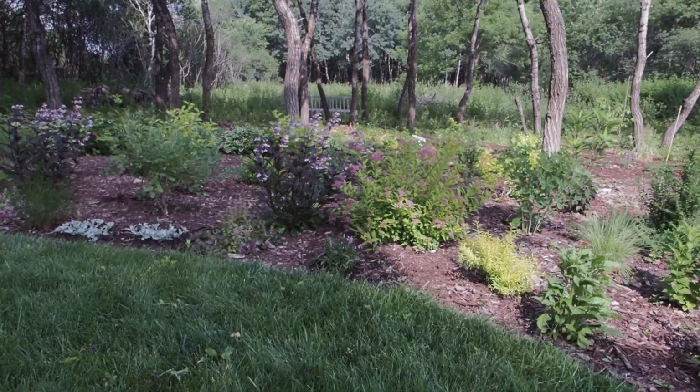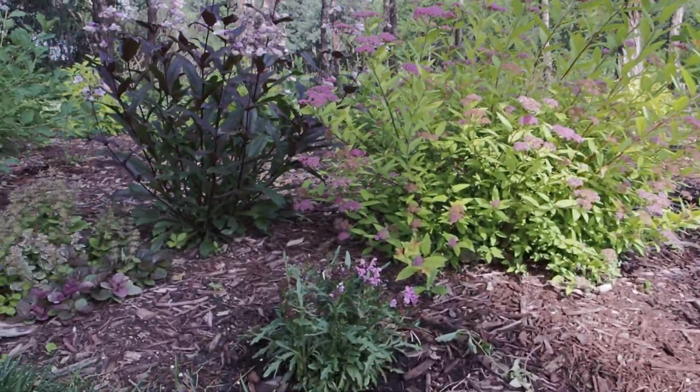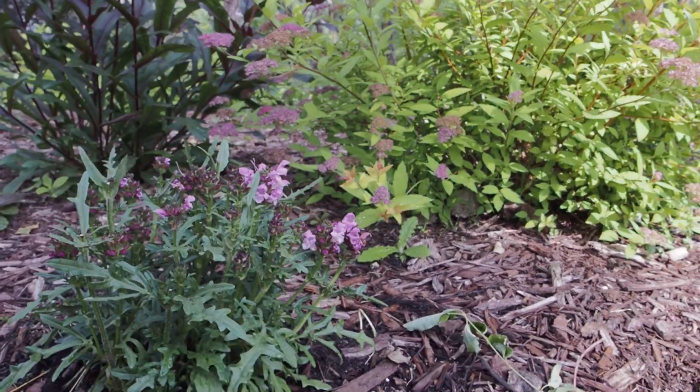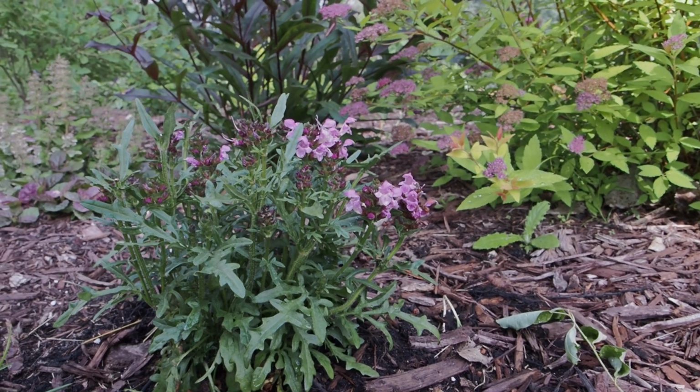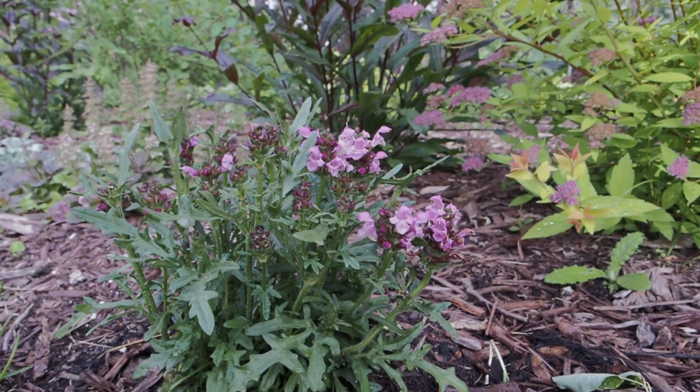So the first plant I'm going to be showing here is called a Prunella summer Daze. Has anyone ever planted this? This is the first time I've ever seen it in a garden center, and only one garden center had this. Now, this is what it looks like in full bloom. It had a little bit of transplant shock, so it'll look a lot better next year. But look at the stats on that. It's all really good, drought tolerance, pollinator magnet, zone 4 through 9, and long blooming, which I'm always looking for